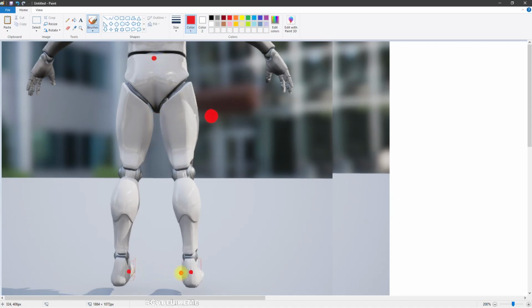By adding these two locations together and dividing by 2, we can get the middle point in between these two foot locations, and then we can calculate this height, the offset between this middle location and the pelvis that this character will have